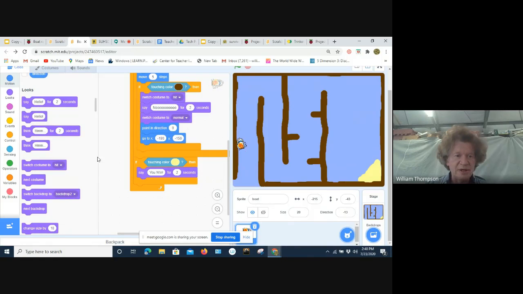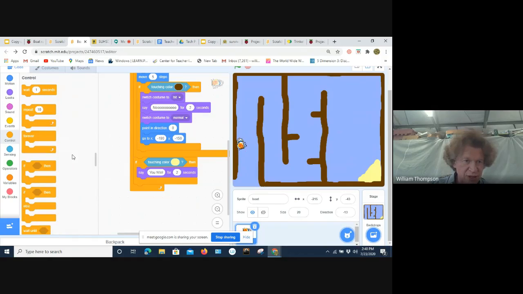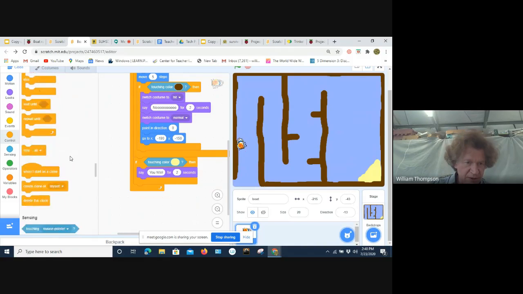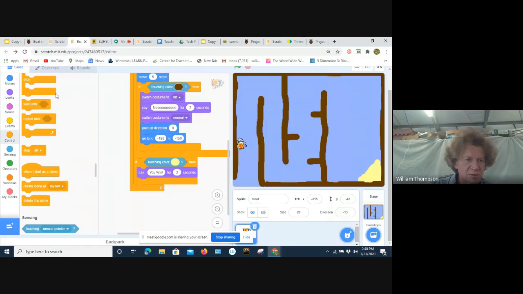And then it looked like there's probably under control a stop or an end. Let me look back at it. Stop all block. Orange. Okay, there it is. Stop all. So it'll end the game when we get there.